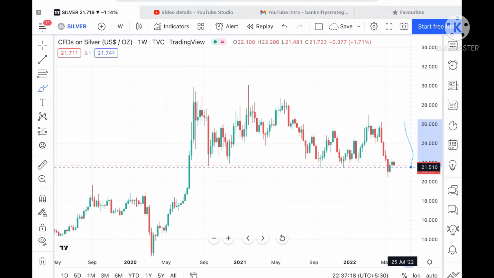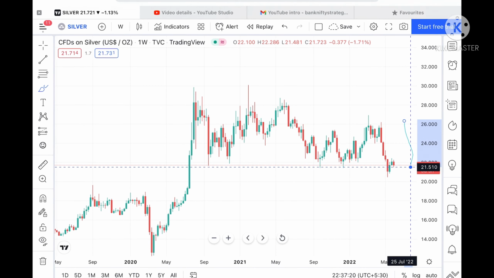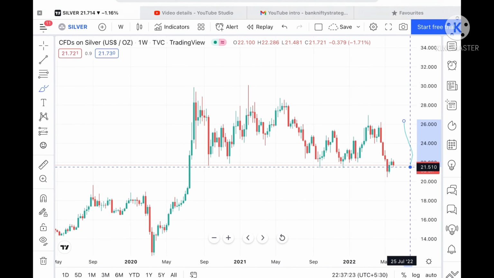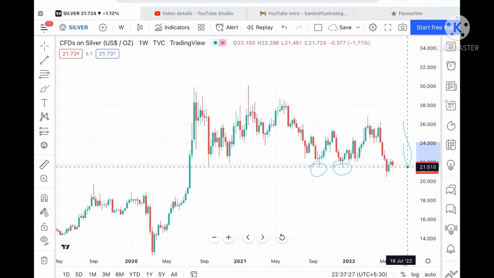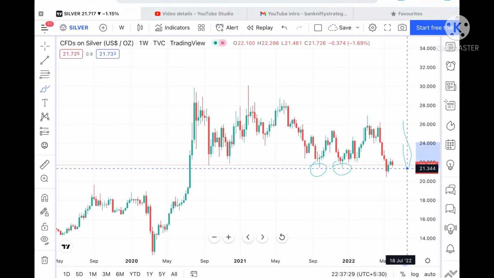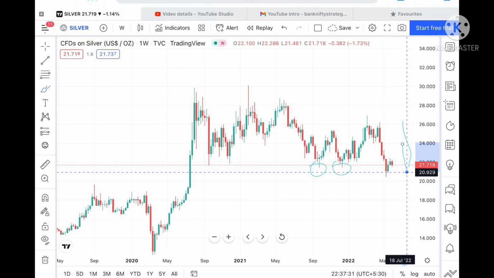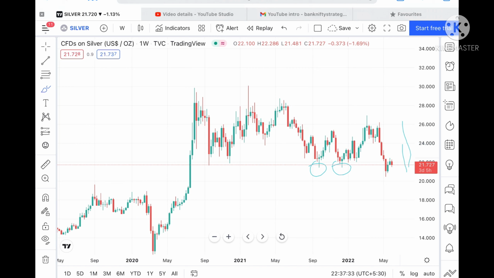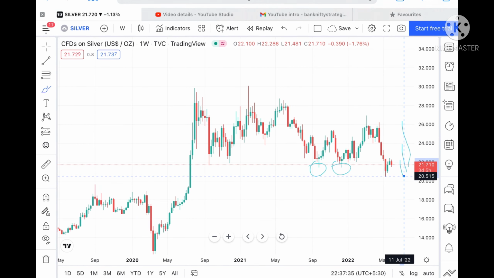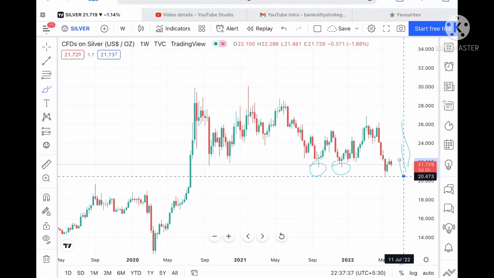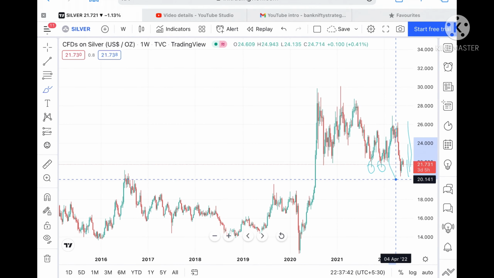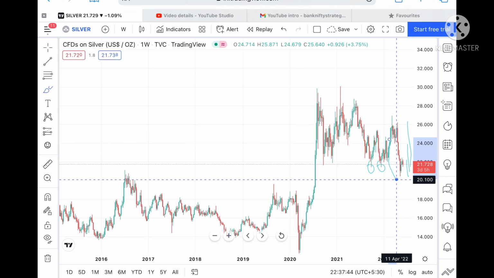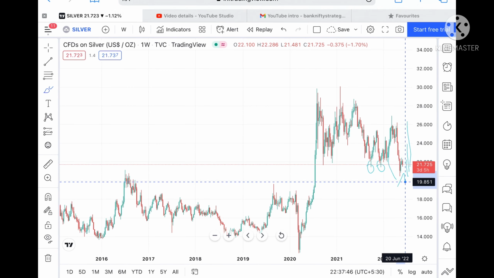okay, if the price didn't sustain this particular level, we can see it can move further down towards a level of 21.510. Okay, and this level is already being tested, I have already told you, and the probability will be very high it can go further down and can touch a level of 20.888. Suppose if the price goes below that level, then we can see it can touch a level of 20.473. Okay, and if the price goes below that level, then we can see it can move further down towards a level of 20.100. Suppose if the price didn't sustain this particular level also,